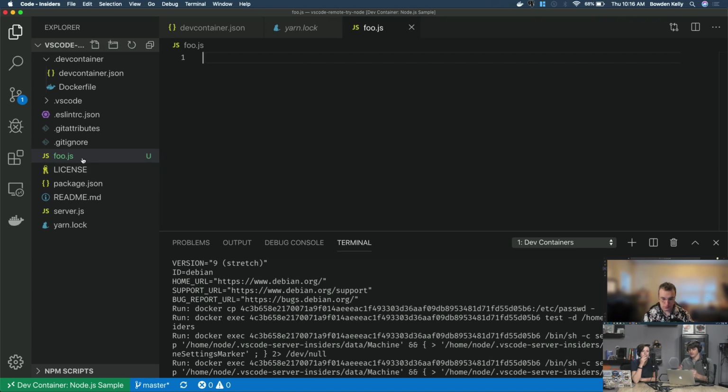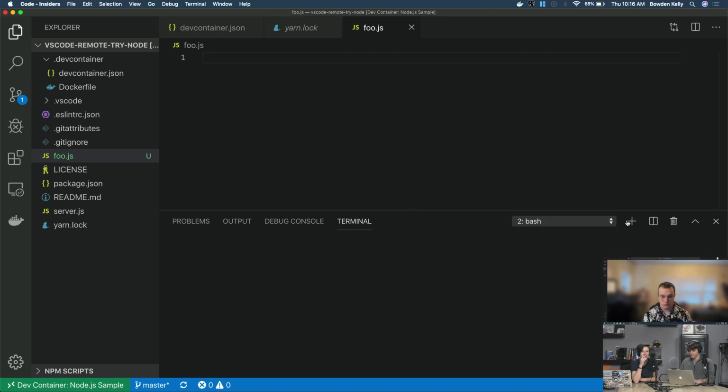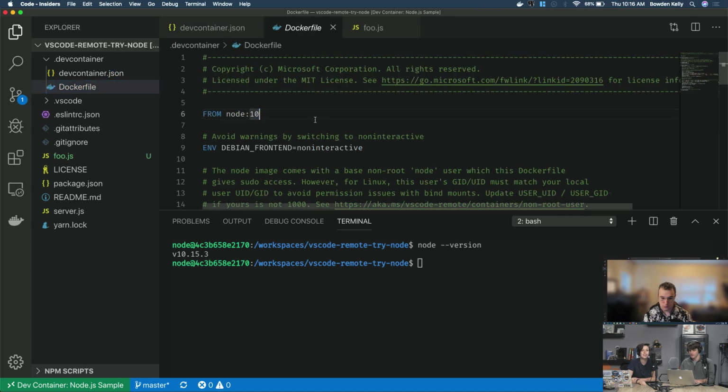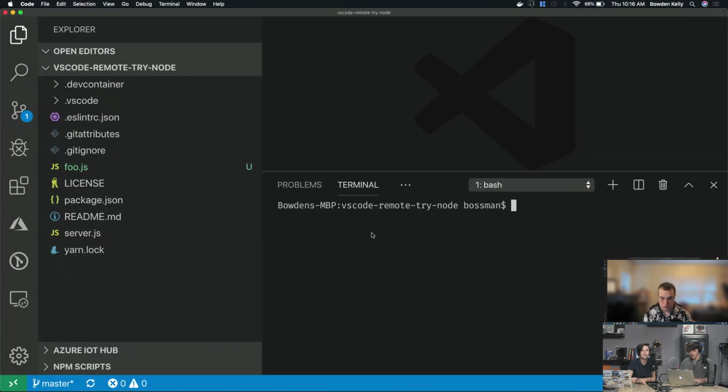It's effectively changing the files on disk, but we're inside of a Docker container. And you can see that by if I run node version, you see I have 10.15.3, which is the exact node version we asked for in the image, the latest 10. And if I come back over here,